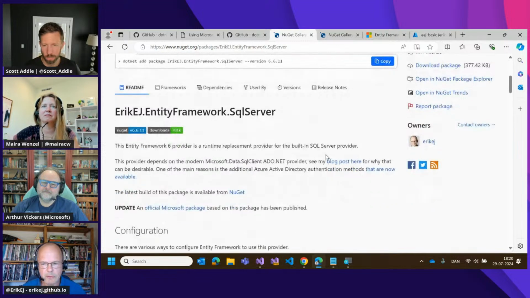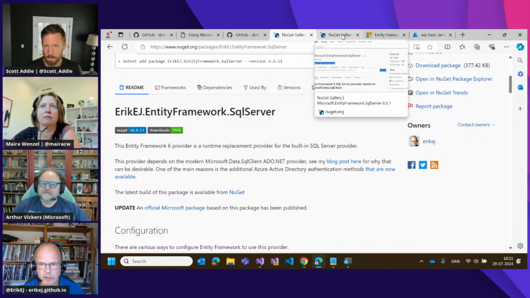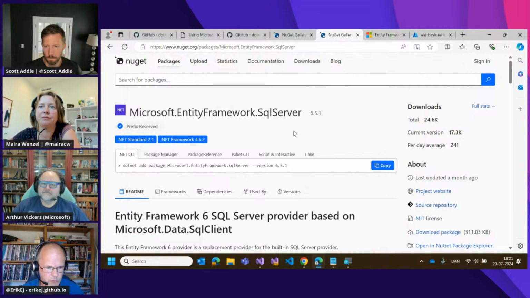Then Arthur and the Entity Framework team said that they didn't rule out the possibility of actually having a package. So I offered to do a pull request based on my work here against the official EF6 repository, which then resulted in this package, which is what we're talking about today. So, Microsoft Entity Framework SQL Server. We talked about the name of this a lot. There is no good name. So yes, this is not a great name, but we just couldn't come up with anything better. And we did a lot of hammering our heads on it.